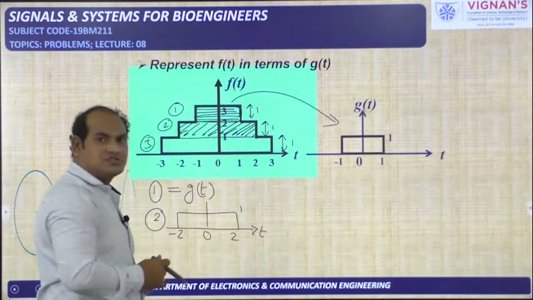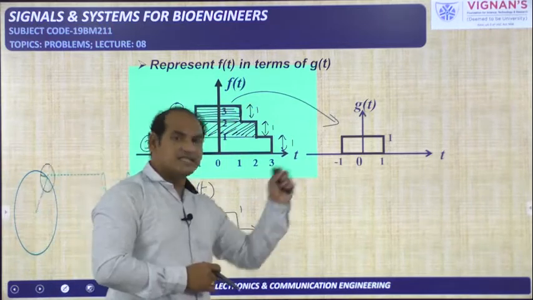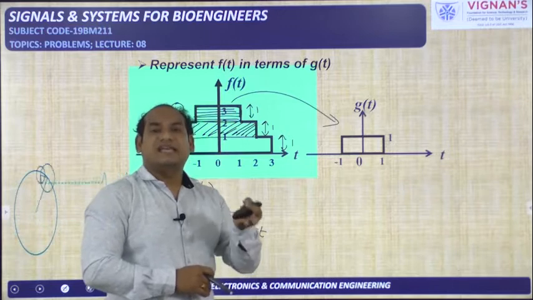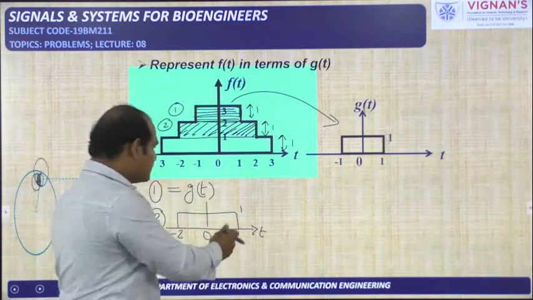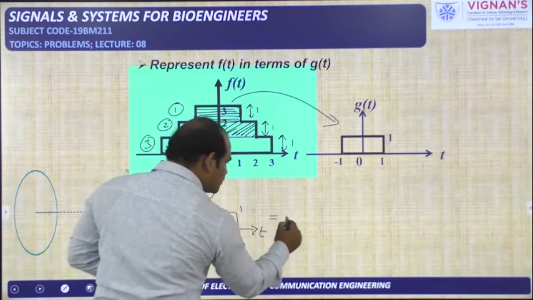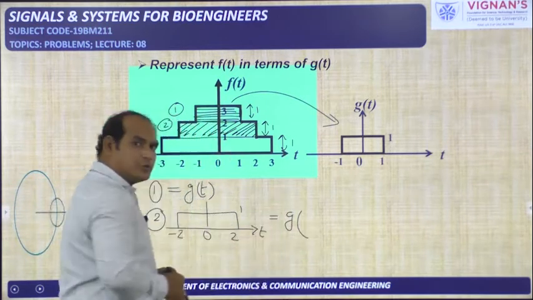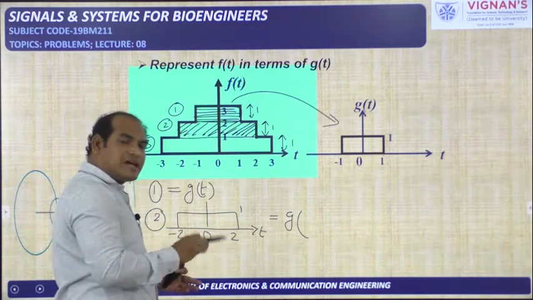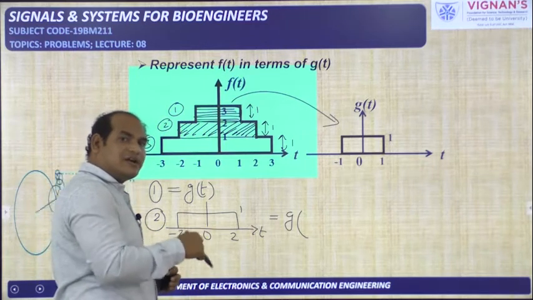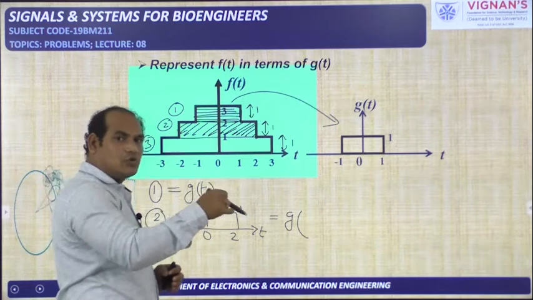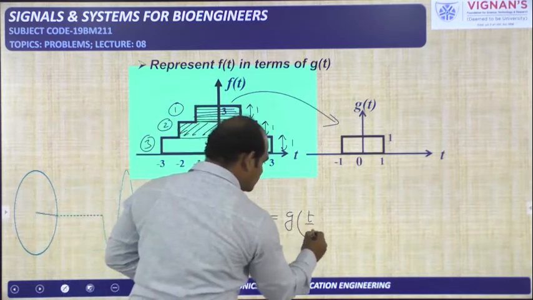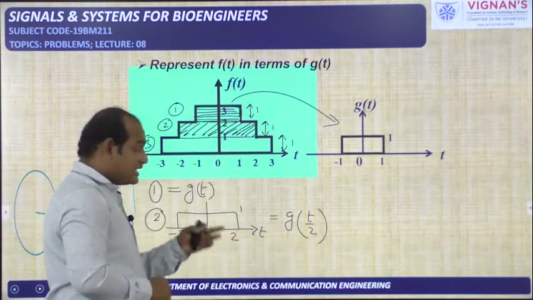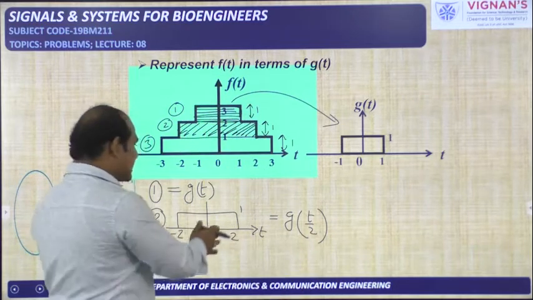It is of 4 seconds duration. So we need to expand this signal. That means we need to perform the time scaling operation by taking the scaling factor less than 1. Then expansion will come. So I can write g of 2t or t by 2. 2t means compression because 2 is greater than 1. So t by 2 means where the scaling factor a is equal to 1 by 2, less than 1. So expansion will come. So this is g of t by 2. Then you will get like this.